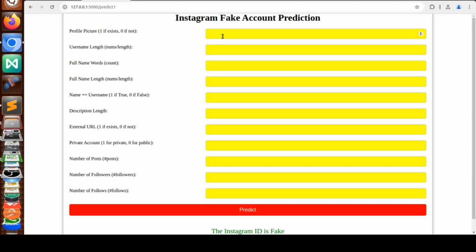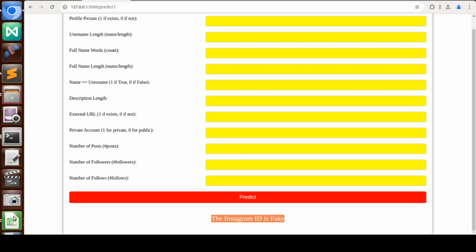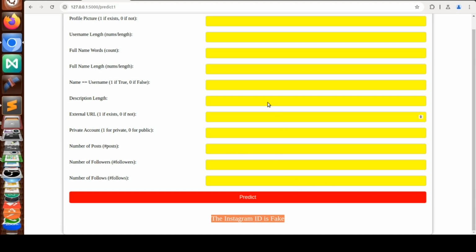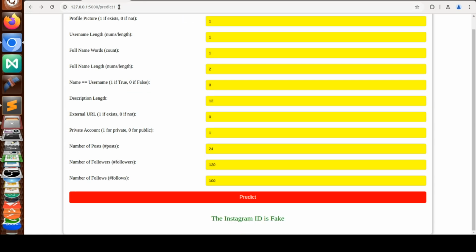So like this you can go on adding all those details one by one, and when we feed based on that, we'll be getting whether that ID is fake or real. You can try a few more. You can add how many posts are there, how many followers are there, randomly. And if you want to test, you can even take data from that database for testing purposes, and you can predict on that. So this is one way, and there is another way to do it,